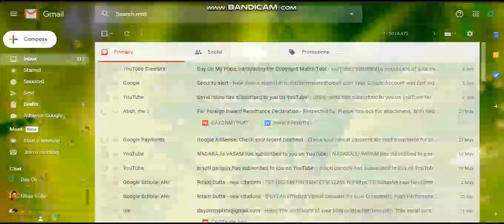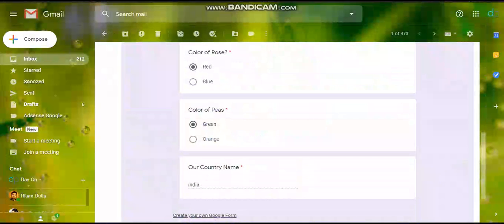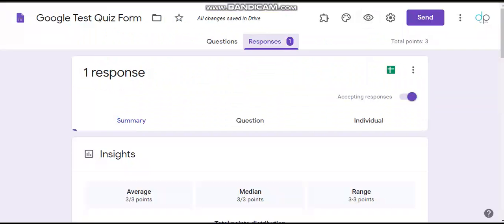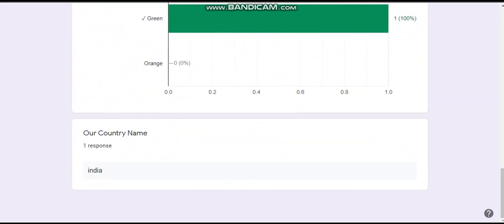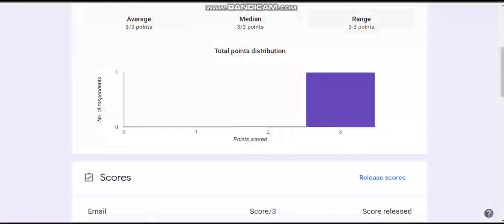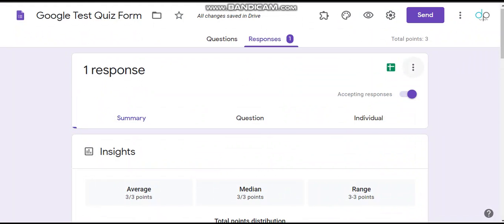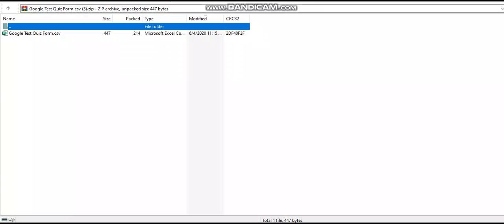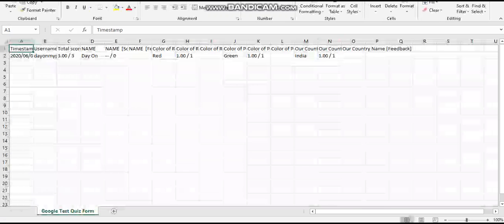Soon after the submission I get one response: red, green and India. Now checking the responses, what is coming, see, and the response. So what are the marks? 3 out of 3.